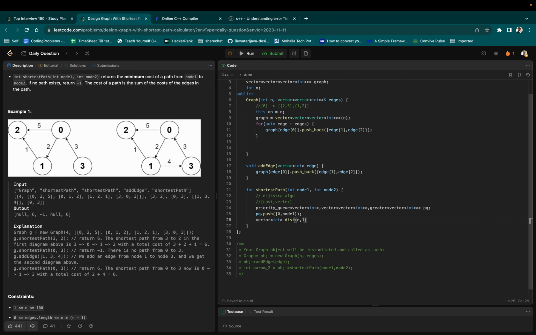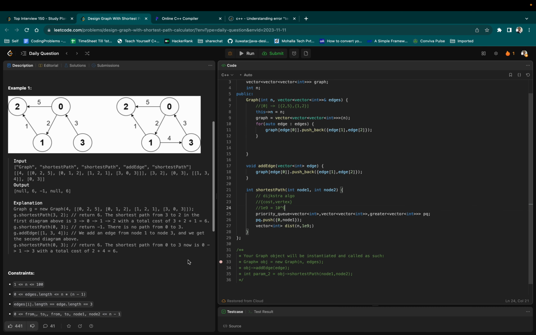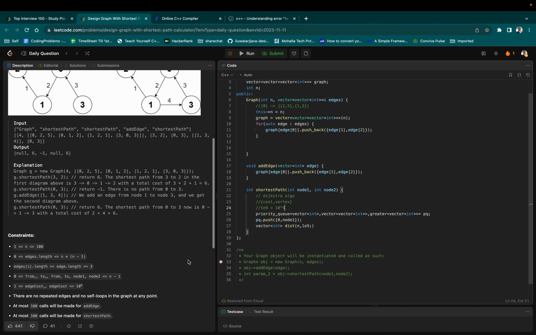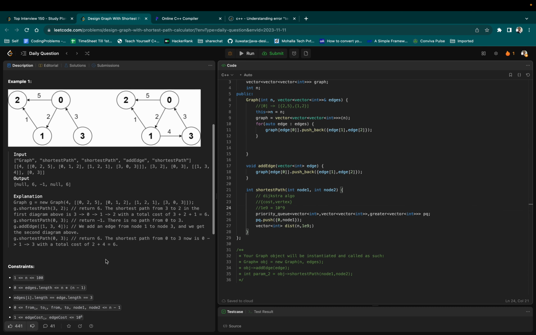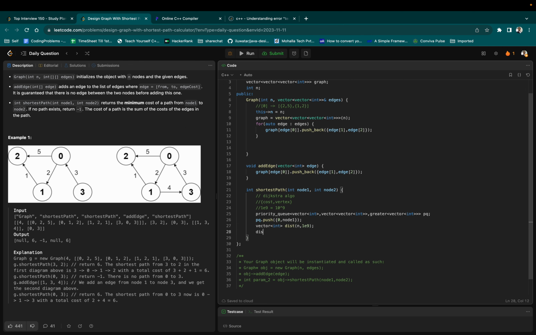Let's say I use 1e9, which is nothing but 10 raised to 9. This is a fairly big number, which is also why I am not using int max here; I will explain in a bit. So I have just initialized the distance, and obviously the distance of the first node, node 1, is